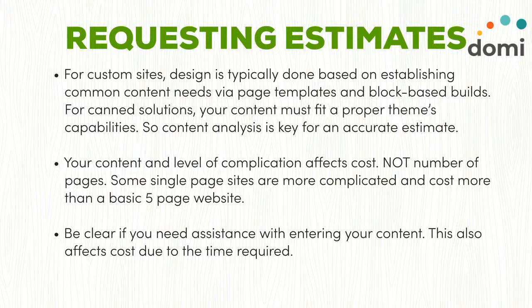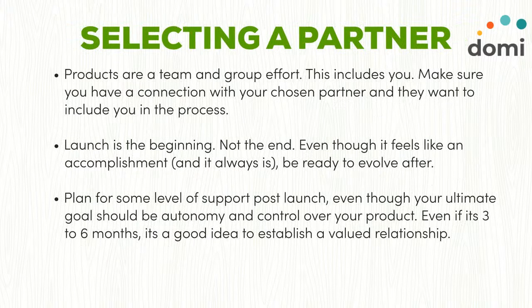I will say it's good to find a partner that can help you with it, because that's a process that can get bumpy. So making sure that you pick someone as a partner to help you with that is a key thing on the content side. So just a flag for you when you are getting estimates: make sure that you clarify that content side and that content entry, because that's something that a lot of times gets passed over with a big brush. And I find that's where conflict or some difficulty and bumpiness in the project can happen.